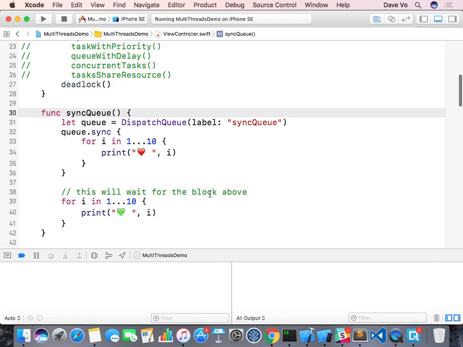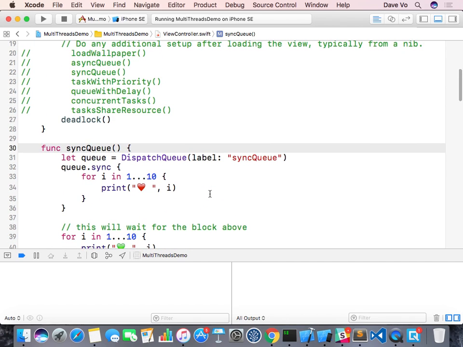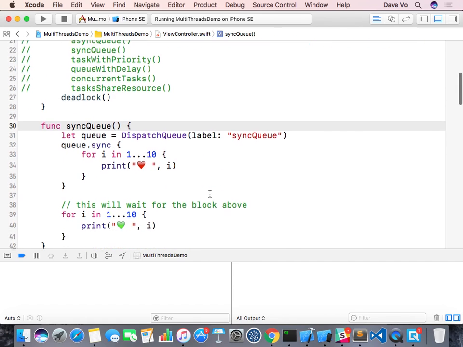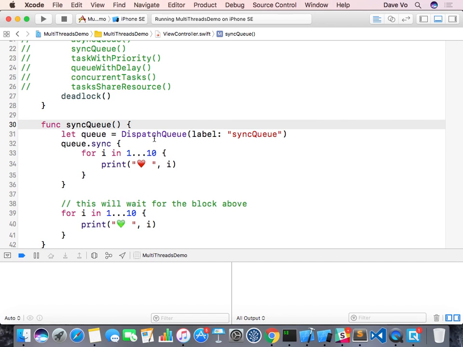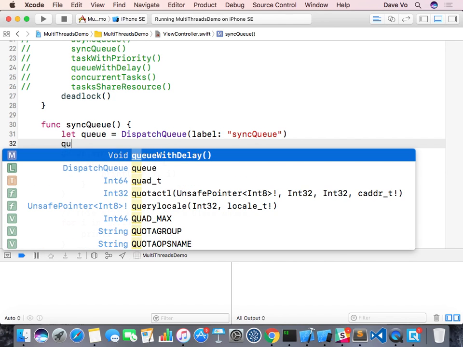Clear this one for now. So let's try with something simple. First, we try to create a queue. Again, DispatchQueue is the class we want to use. First, we want to create just a simple queue. You can set a name for this queue, whatever you want to put there. So just set a name. And then when we have a queue,